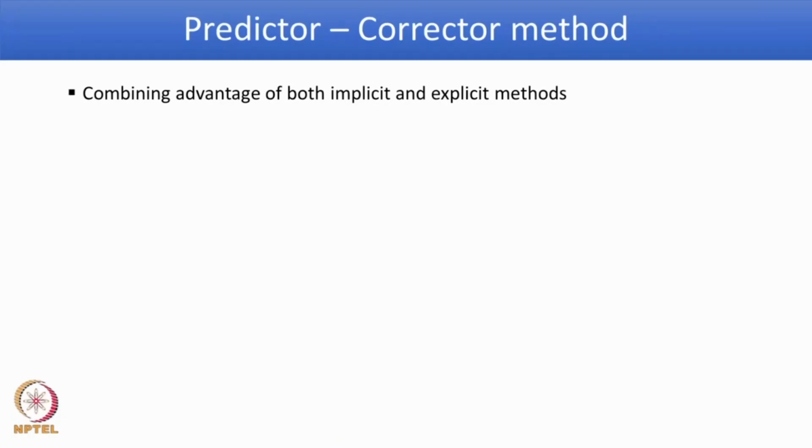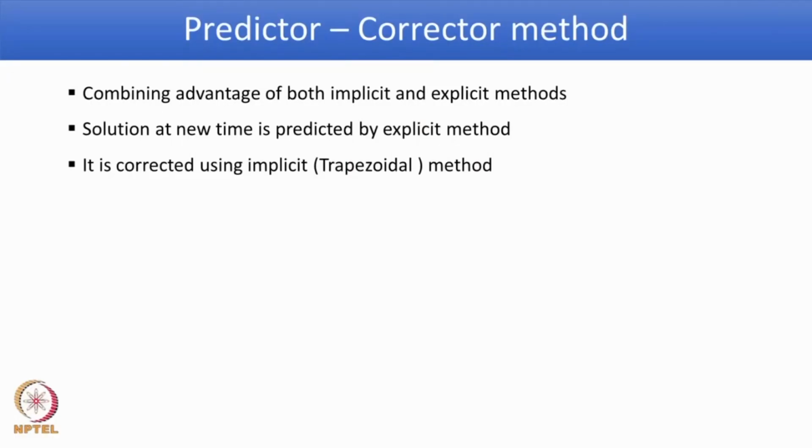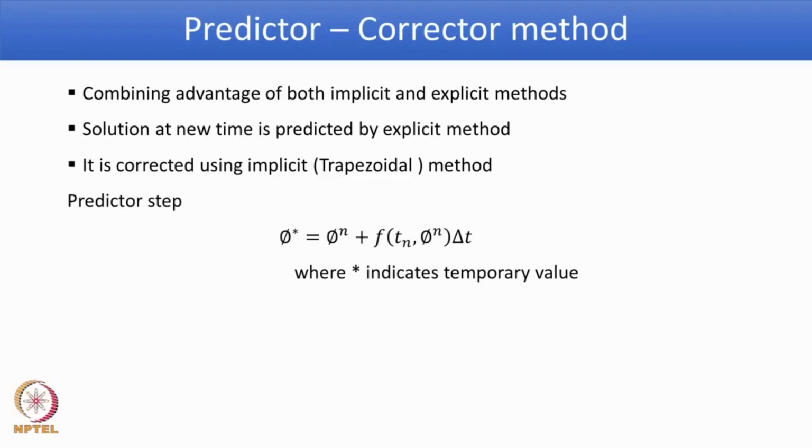So, the question is whether you can combine both the implicit scheme and the explicit scheme, because each of them is supposed to have some advantage. The solution at the new time step is predicted by the explicit scheme, and then in the next step it is corrected using an implicit scheme. Such a two-stage procedure is called the predictor corrector method. So, one proposal is given here: the new time level is predicted by the explicit scheme and it is corrected by the implicit scheme. For example, the predictor step,